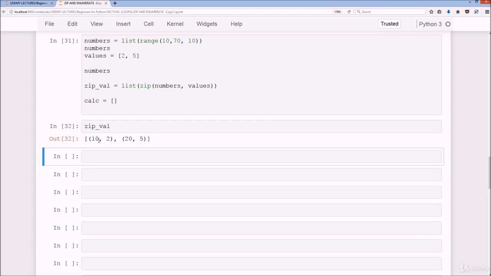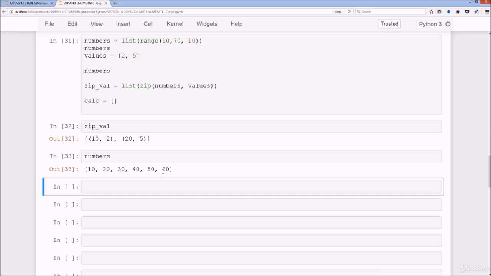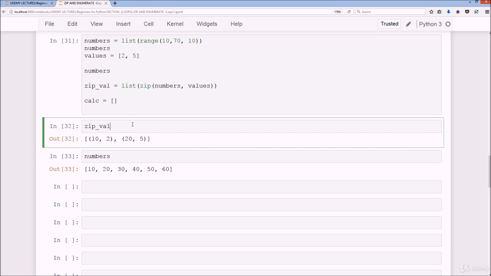well, we have a problem here as well, because we have only 10 and 20, so we only have 2 elements from the numbers list. The numbers was 10 to 60, not 10 to 20. So the problem with using zip is that it only creates these nested tuples, the number of them based upon the lowest number of elements in the smallest list. And in this case, we only have 2 in our smaller list. So a way to remedy this problem is to